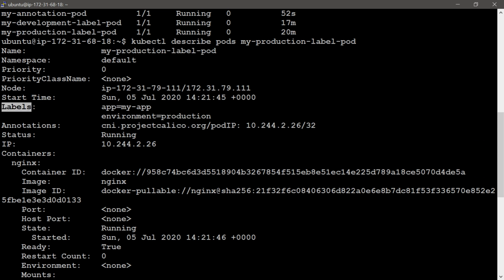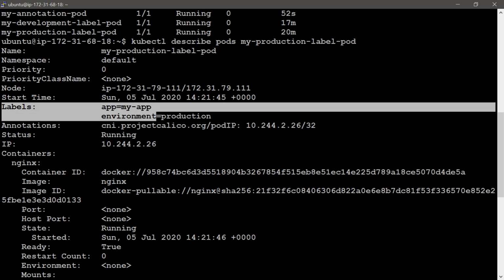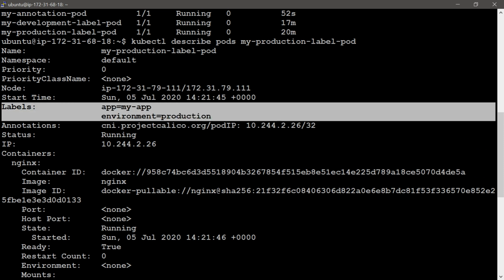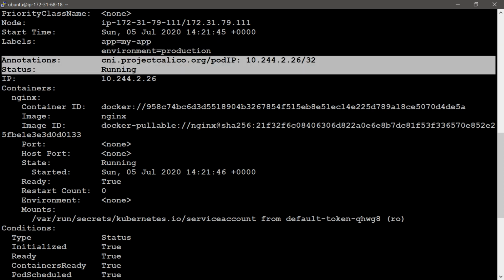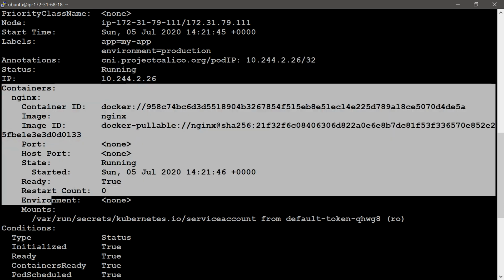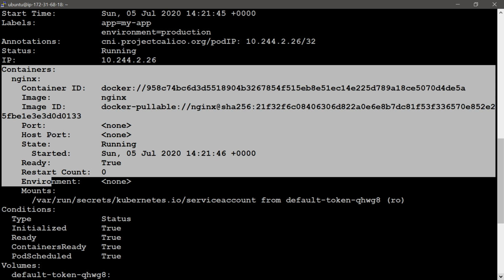Then labels, you can see in this section how many labels we are providing for this pod: app equal to my-app, environment equal to production. You can see it with the describe command also. Then annotations, so nothing is there for this pod. Other information is shown by this command.